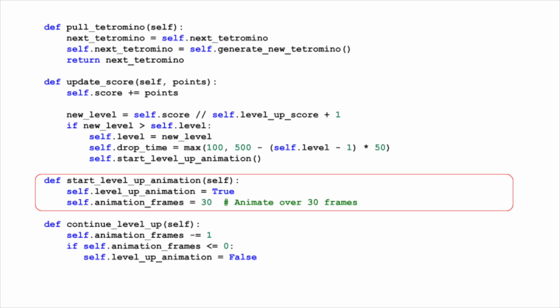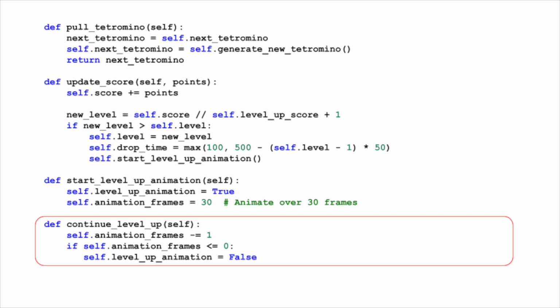It sets the level up animation flag to true and initializes animation frames to 30. This value determines the duration of the animation, with the animation designed to run across 30 frames. The Continue Level Up method is called in each frame update to decrement the animation frames. This method ensures that the animation progresses over time, decreasing the frame count each game cycle. Once animation frames reaches 0, the animation concludes by setting level up animation to false, signifying the end of the